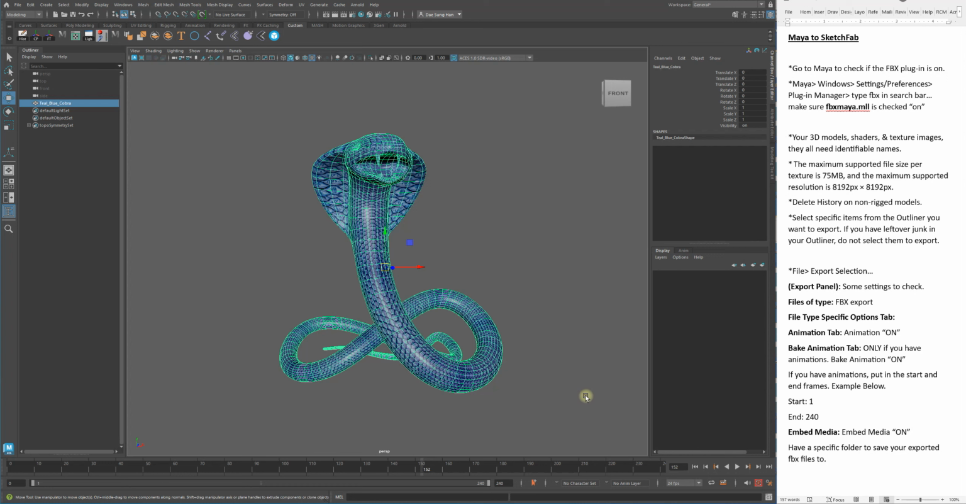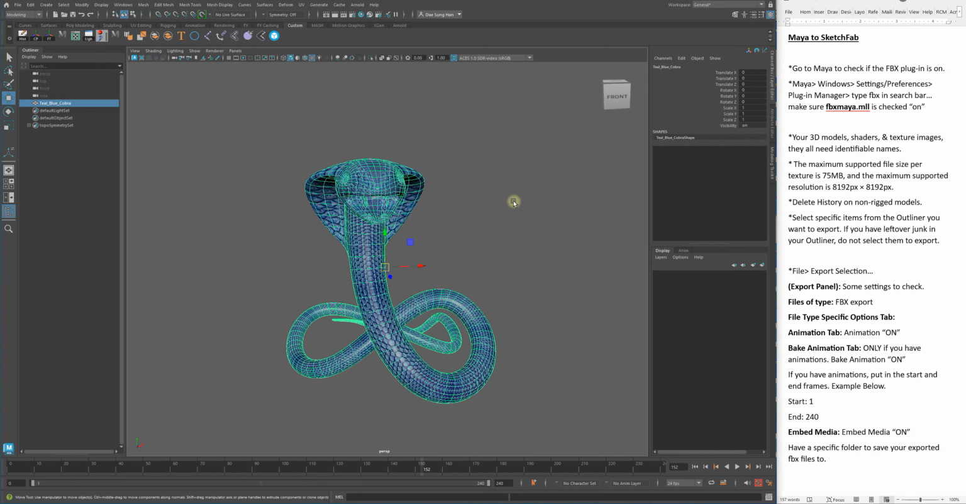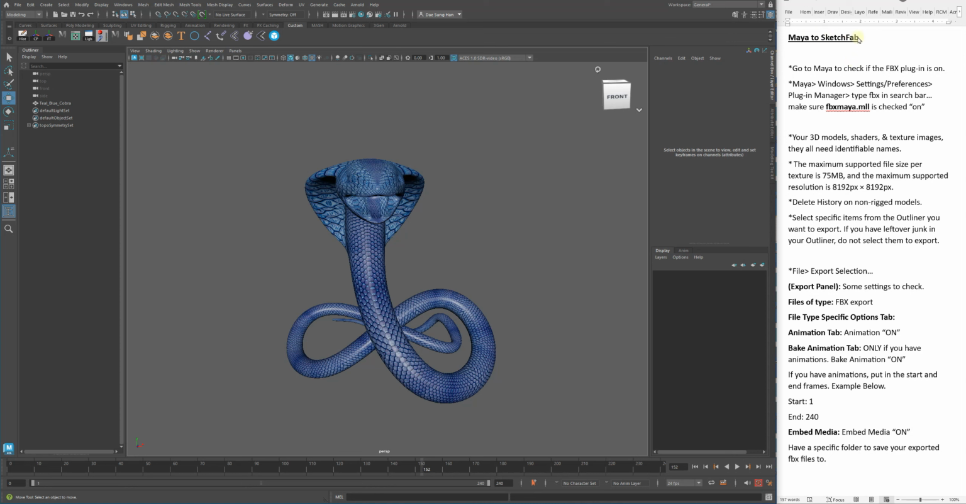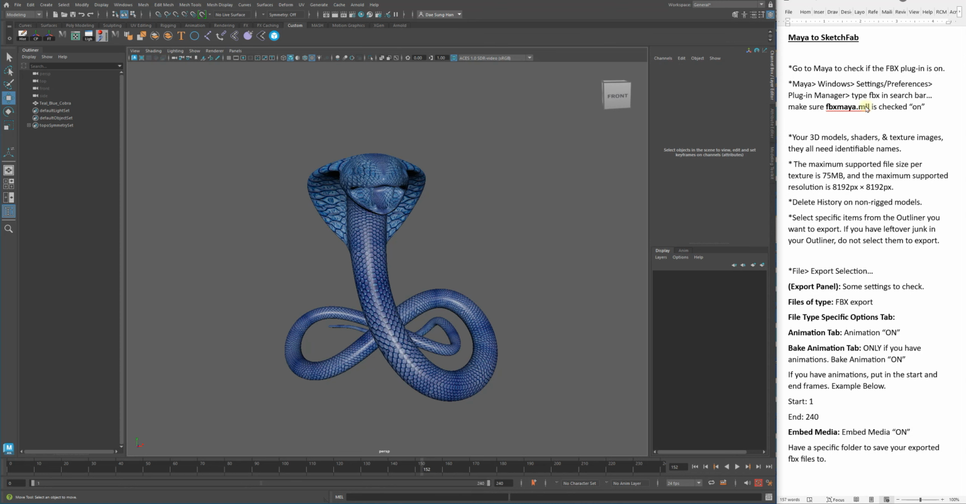Okay, so this tutorial is going to be about how to put your Maya model onto Sketchfab. All right, so in this checklist,